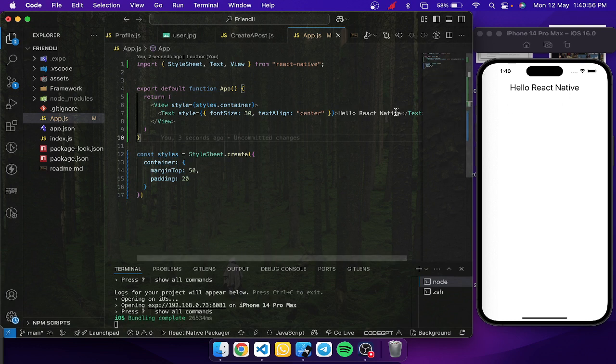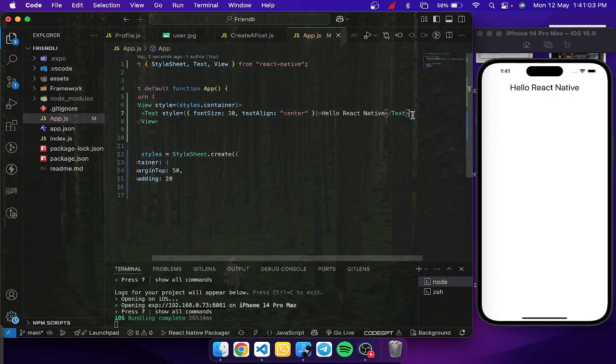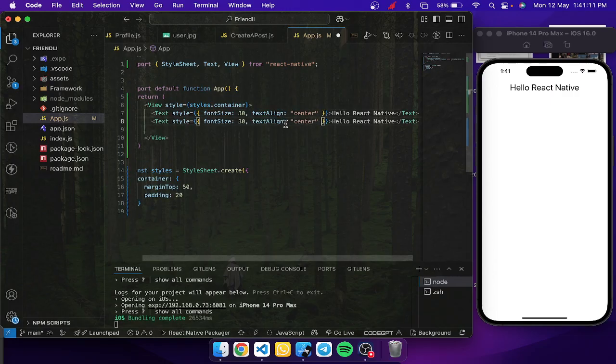Now another thing we could also add, the last, is let's just add one more text here. So I'm going to duplicate this line of code by pressing shift alt arrow down, and I'm going to remove this align item. The font size, I'll just simply make it 15. That's 15. Okay, then next I'm going to remove this old text